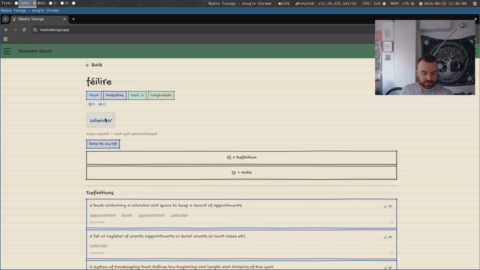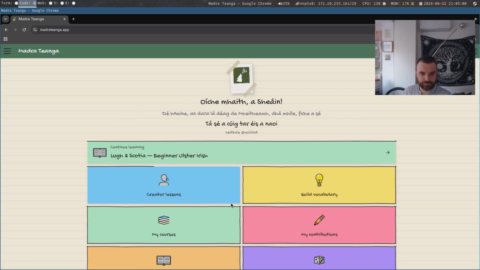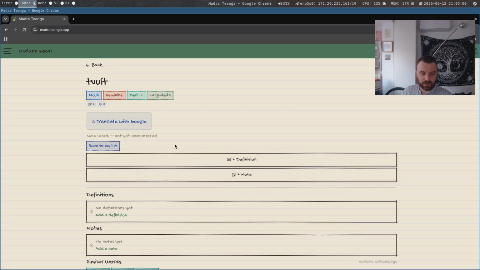The reason this isn't saved is because Google Translate is famously not that accurate when it comes to Irish, and it's very case sensitive, and also the Google API stuff is free, and they keep updating it, so it made sense to have it here, but also to reinforce not to take this as gospel. This is just what Google thinks. Also, it uses the material box, which shows that it's a bit different to the rest of the app. But at the top, you have these tags.